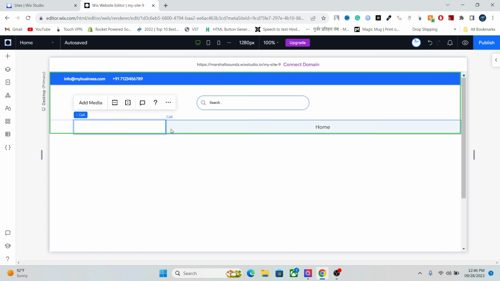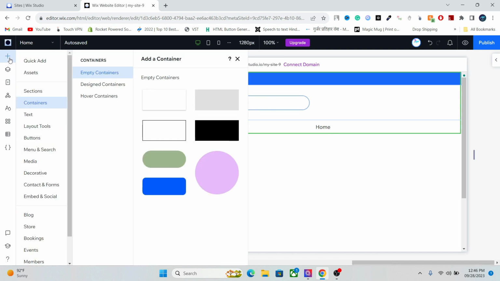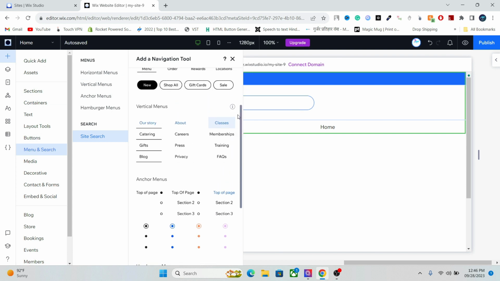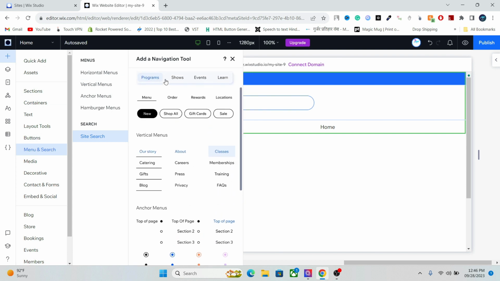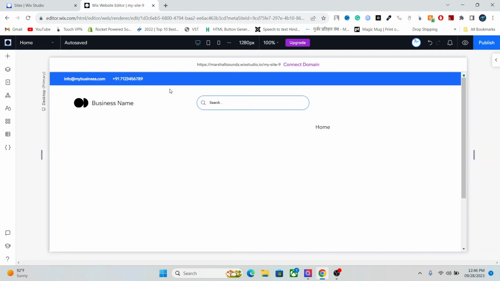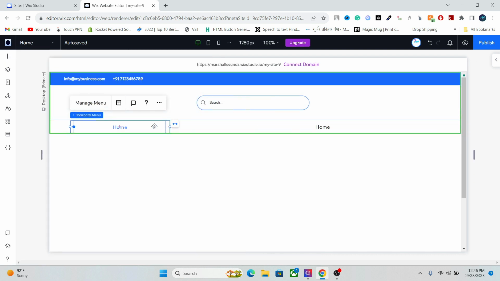So go ahead and let's add a menu. Now we have two menus here, horizontal and vertical. We are going to use the horizontal for this one, not the vertical, because the thing we need for our menu is only in the horizontal one. Alright, and here, you can either stretch it, which is going to cover the entire cell, or unstretch it, so you can manually set your length. I'm going to go with the unstretch,